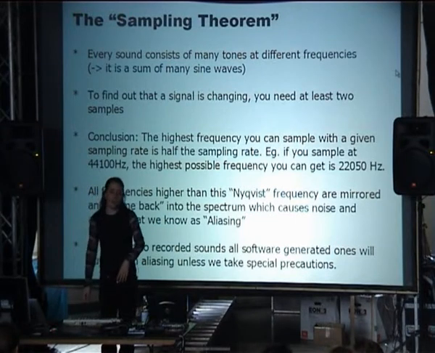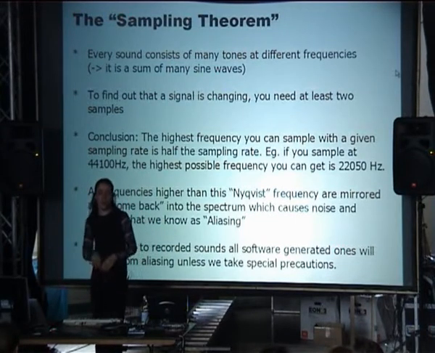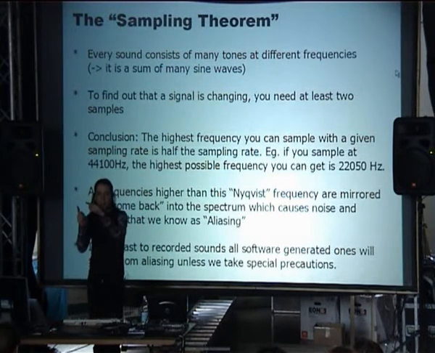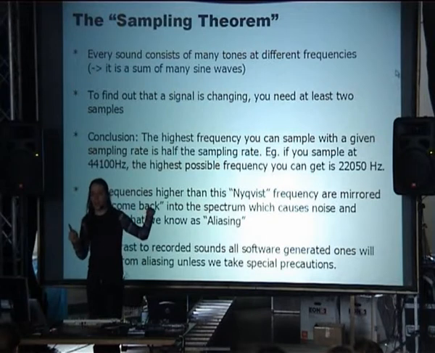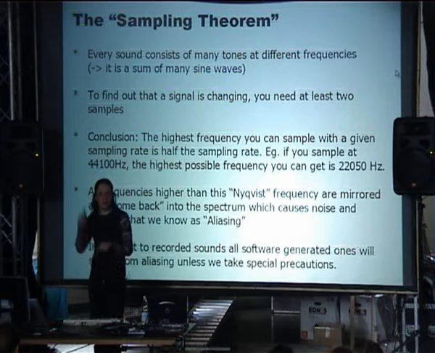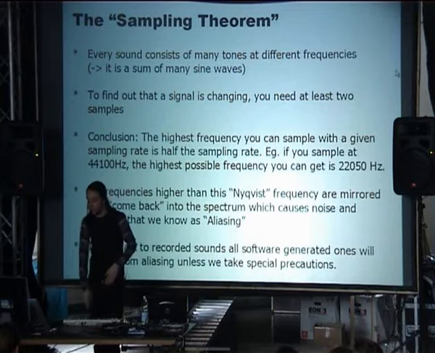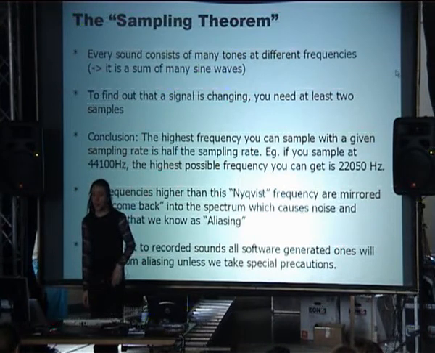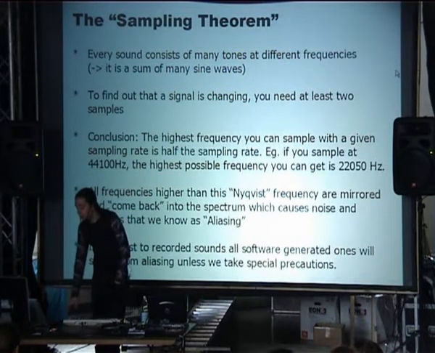But if we synthesize waves ourselves, we work with mathematical models. And mathematical models essentially have an unlimited number of higher and higher frequencies if we don't synthesize a sine. And we have to take special precautions, that is, for example, filter them or use a method of synthesis which cuts off those too high frequencies before they occur. There are many algorithms for that. There are much too many algorithms for that to go into detail here, but you can, of course, ask me